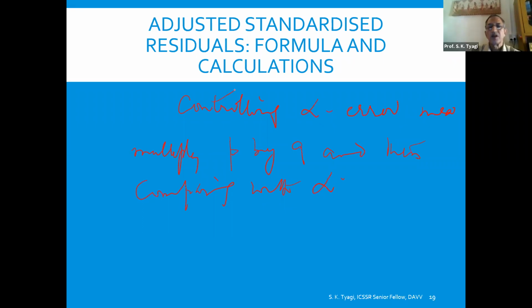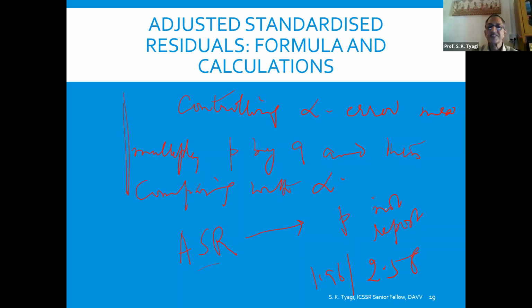Okay, this is the strategy to control alpha error. But unfortunately, in ASR we do not have P value. P value is not reported. That is why we were comparing this with a 1.96 and 2.58 critical value of Z. So this P is not reported, P is not mentioned, we do not know P.